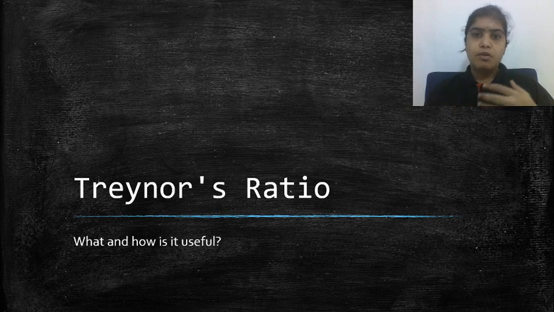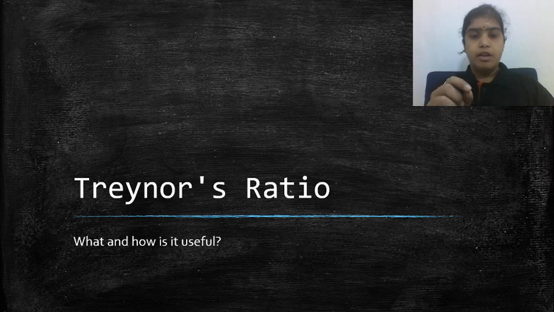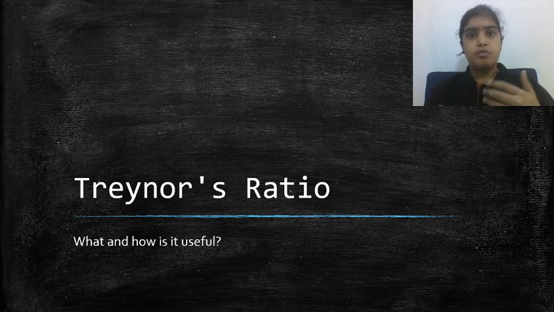We have discussed various terminologies related to mutual funds, whether it is equity fund, debt fund, Sharpe ratio, alpha, beta. Just like that, while reading the fund fact sheet or a KIM, key information memorandum, which comes along with the form, the Treynor ratio or Sharpe ratio, such kinds of terminologies are frequently used. What exactly it is and how it is beneficial or useful for an investor, we will try to see in